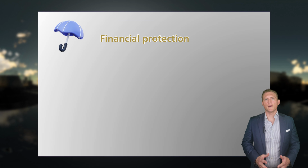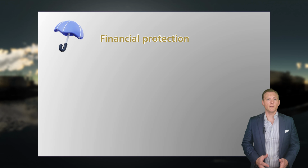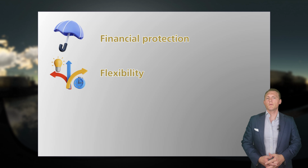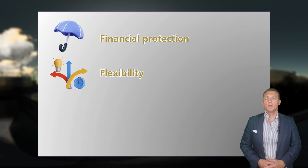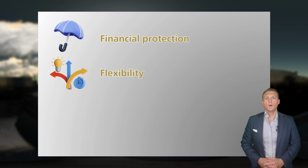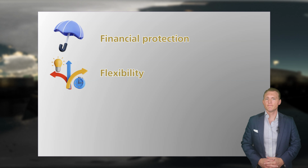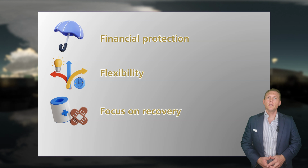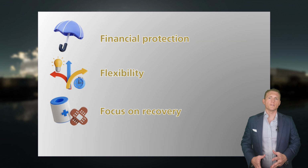You won't have to worry about covering your bills, mortgage, or medical treatments while you're recovering. The lump sum payment can be used for any purpose. You could pay off a portion of your mortgage, pay for private treatment, or simply maintain your lifestyle while you're unable to work. Having financial backing means you can focus entirely on your health and recovery, rather than stressing about